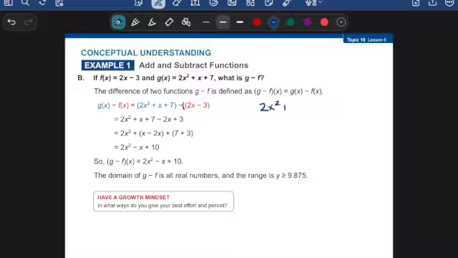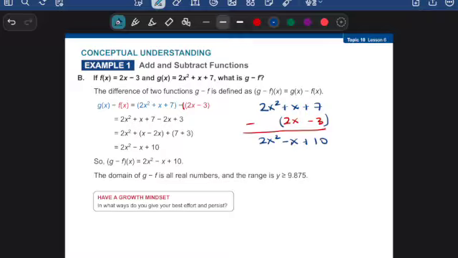vertically if that helps. So you can line up the like terms, and I'm subtracting, so this would be a -2x, and I'm subtracting a -3. So 2x squared minus 0 gives me 2x squared. x minus 2x gives me -x. 7 minus a -3, well, the opposite of -3 is +3, so I'm actually going to be adding 3. This gives me +10. So don't forget you're subtracting that whole